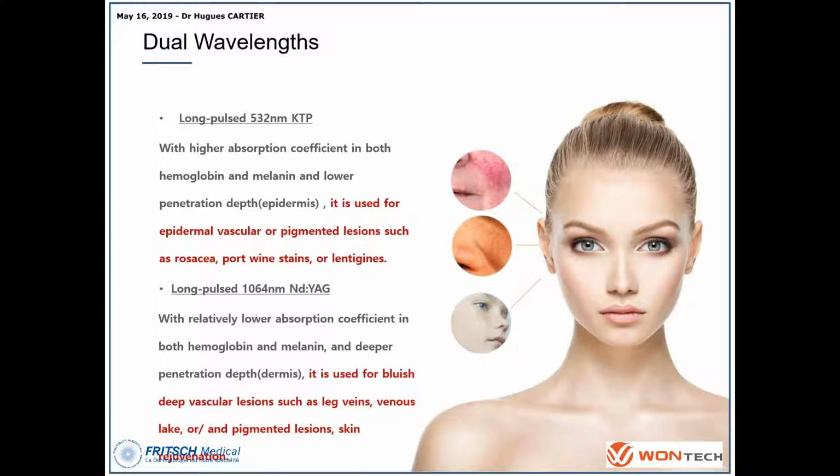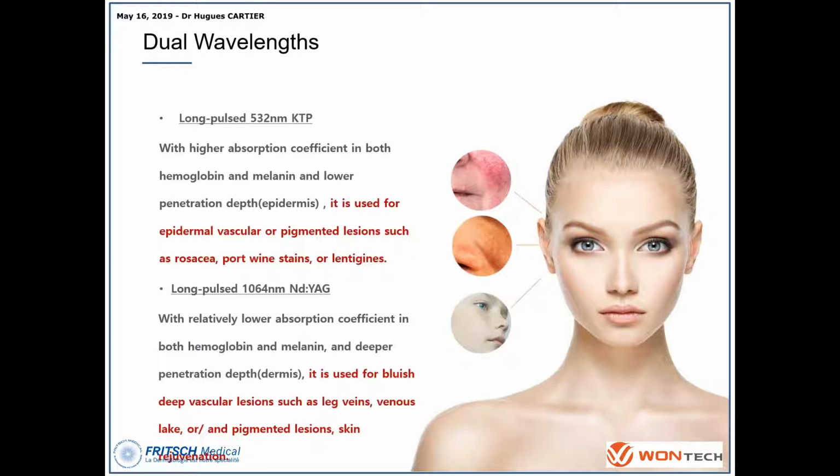So with the KTP, you can treat epidermal vascular, superficial vascular disease, superficial pigmented lesions such as rosacea, small port wine stain, and lentigo, or why not photorejuvenation also. The 1064 is well known for deep vascular lesions and leg veins, venous lake, and also some